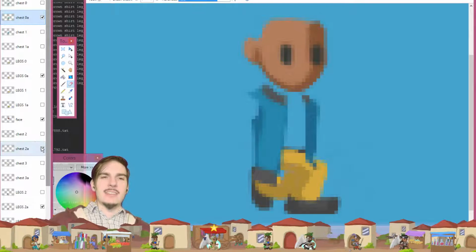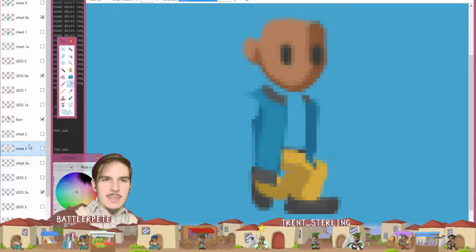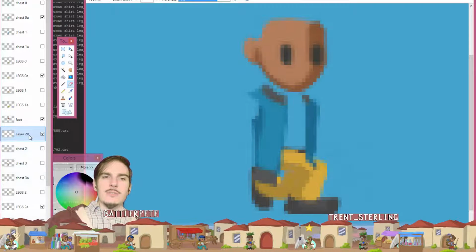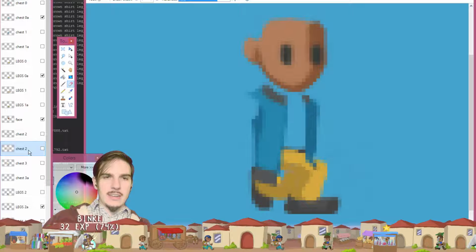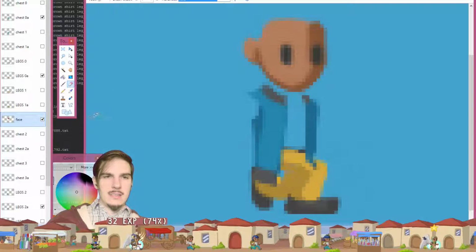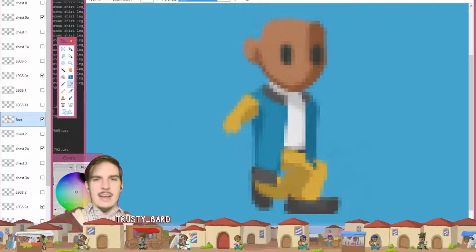Oh right, and so I haven't. Yeah, so the same thing as with chest 0 and 0A. Chest 2 and 2A are going to be virtually identical too. So again, I'll just duplicate this one and call this one 2A, and then yeah, right. So we don't have to start over with that. So this time,